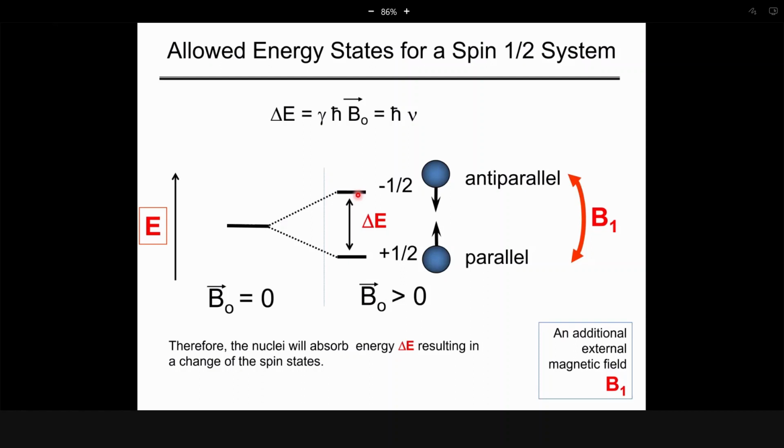Then we will have some movement. Some of the upper level will go down to the lower level of energy, and some from the lower level will go up to the higher level of energy. And when you have many nuclei in the sample, usually, like in nature, you will have more